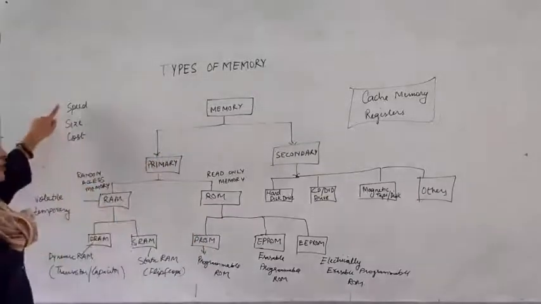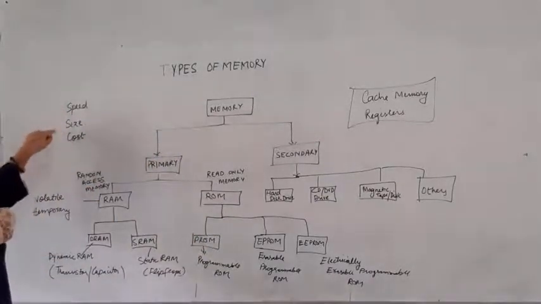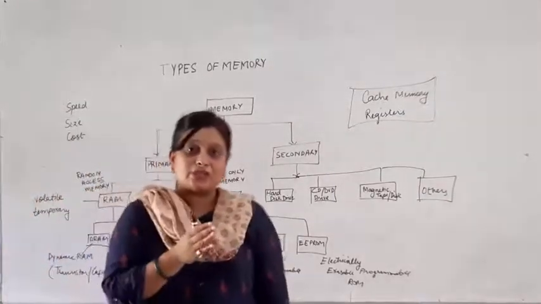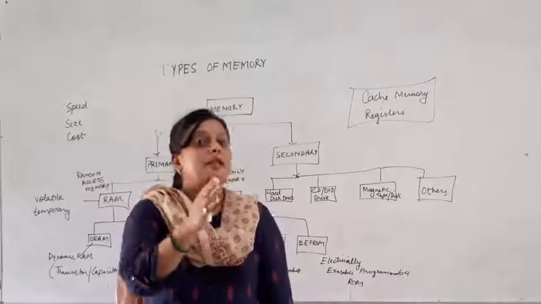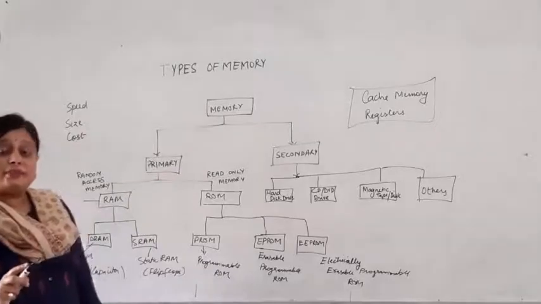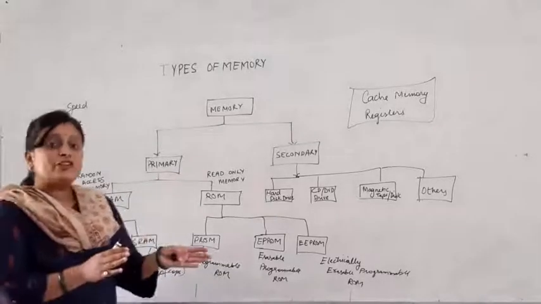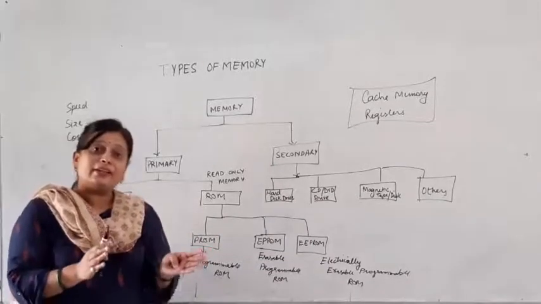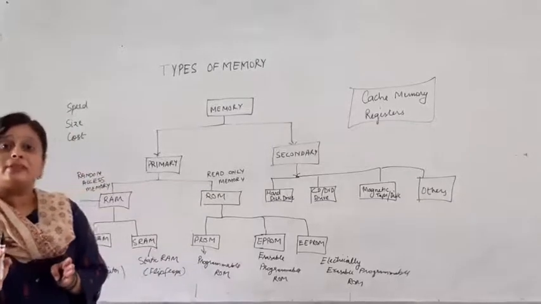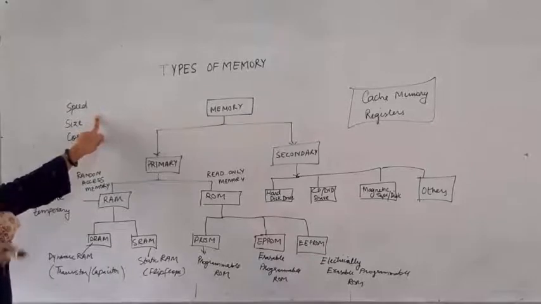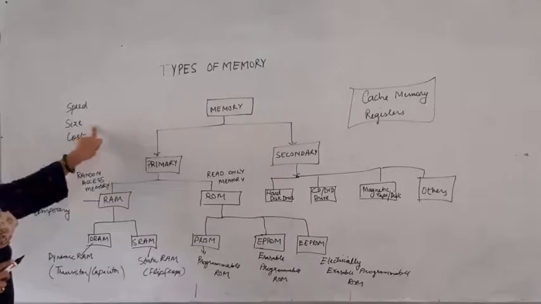Now the first factors are the speed, the size, the cost. If I begin with speed, whenever data has to be processed, this data should be stored in the main memory, or rather the primary memory, so that it may be easily available to the processor. For fast access and retrieval of data, the data should be readily available to the processor in minimum time. This constitutes the speed factor, means a memory that is much closer to the processor is highly speedable. The next factor is size.